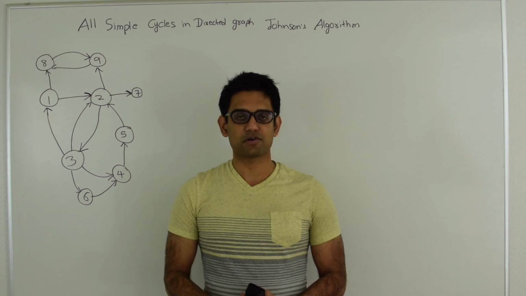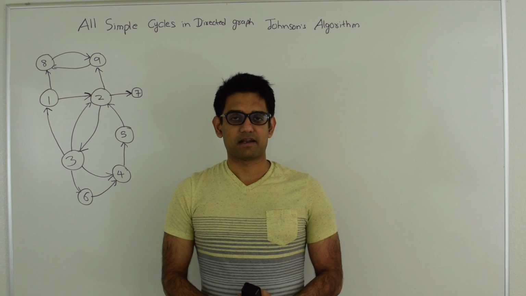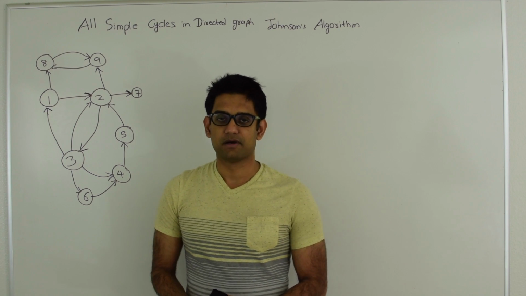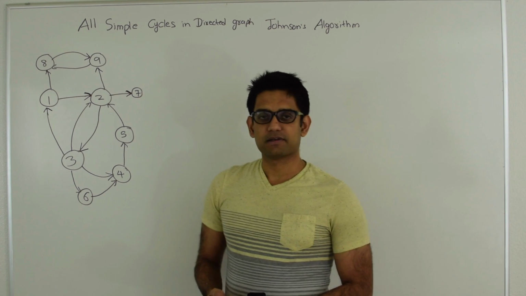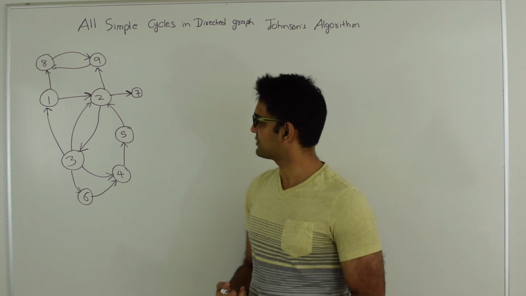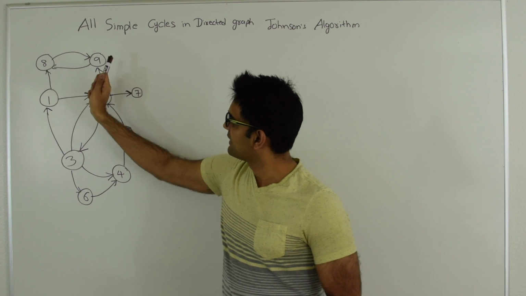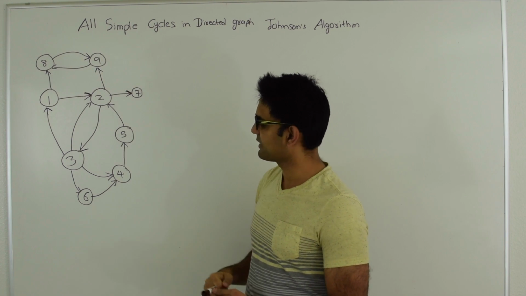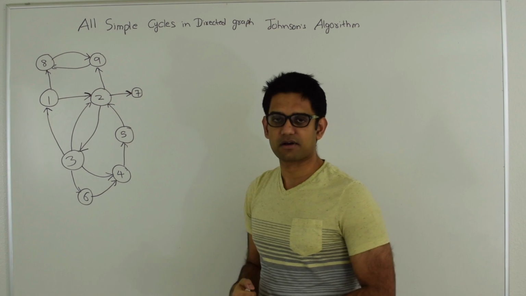In another video, I already talked about how to find strongly connected components using Kosaraju's algorithm, and I am also going to create another video about how to find strongly connected components using Tarjan's algorithm. But just for revising it quickly, a strongly connected component is a subset of vertices in a graph such that all the vertices are reachable from each other. So in this graph here, we have 3 strongly connected components. One is 8, 9 because 8 and 9 are both reachable from each other. Another one is 7 and the third one consists of the remaining vertices because all these vertices are reachable